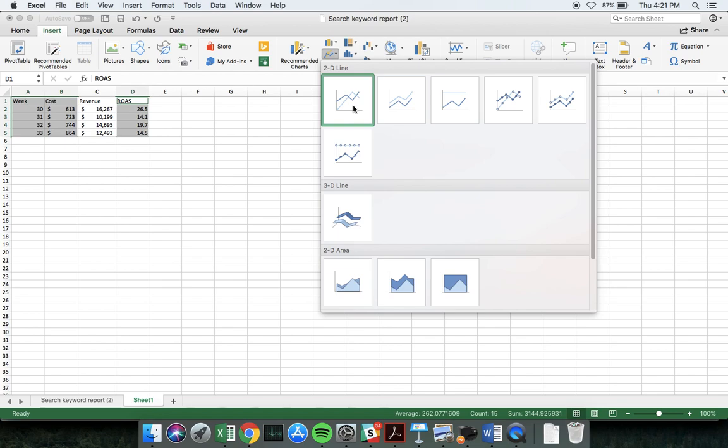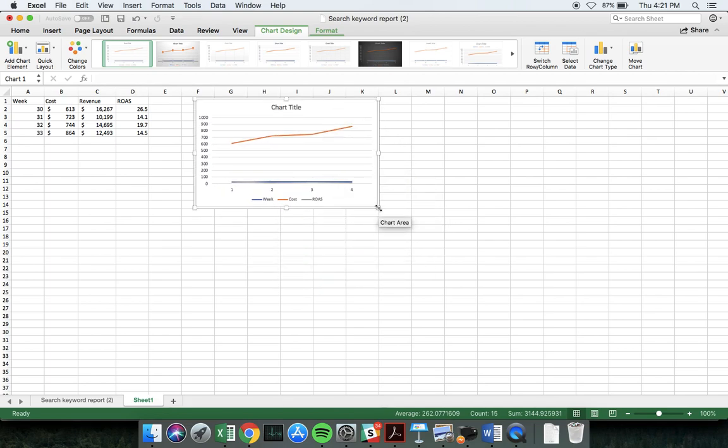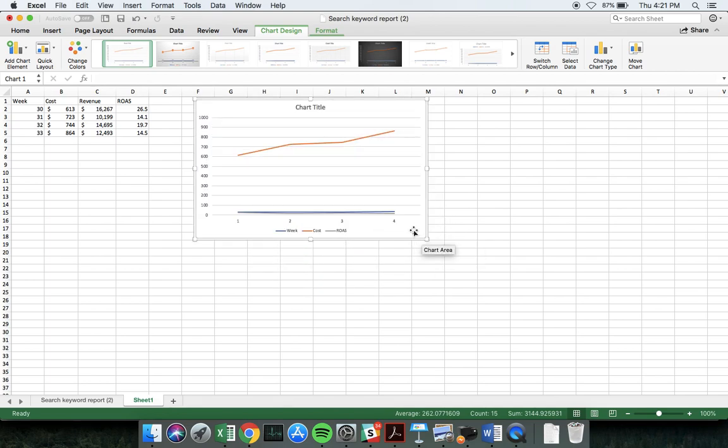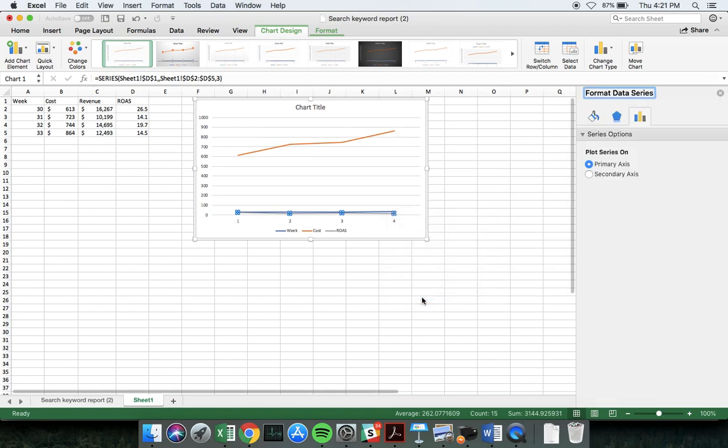I'm using Excel on Mac, so it's super slow. But you know, we can see we've got cost increasing. We've got something here. It's very hard to see what's going on. I can actually just click Format Data Series, and I can put things on. If I plot something on the secondary axis,